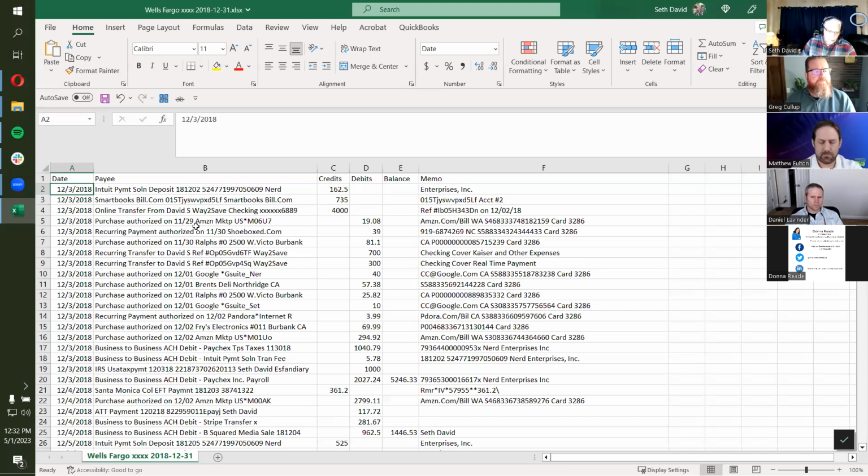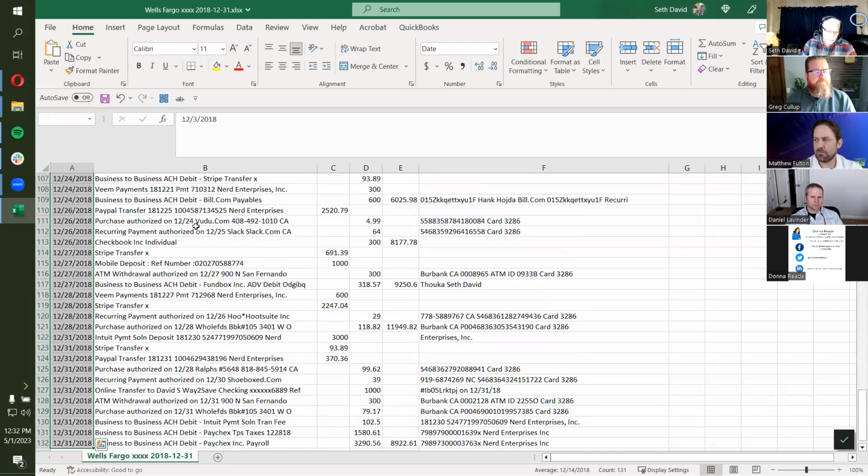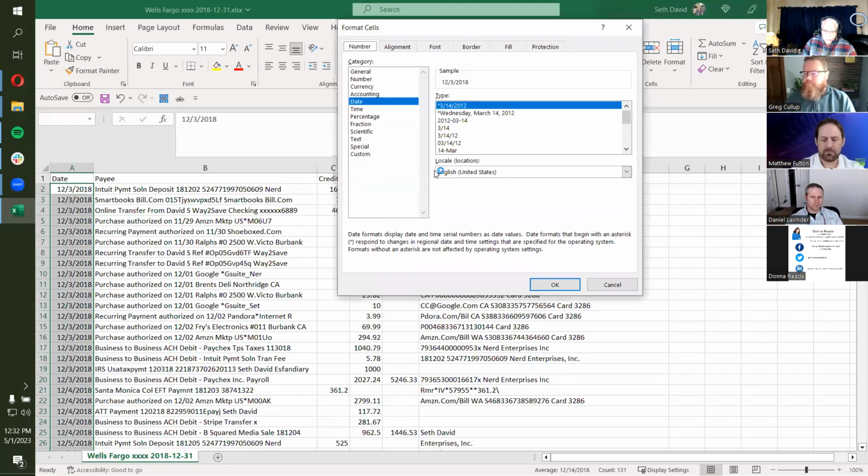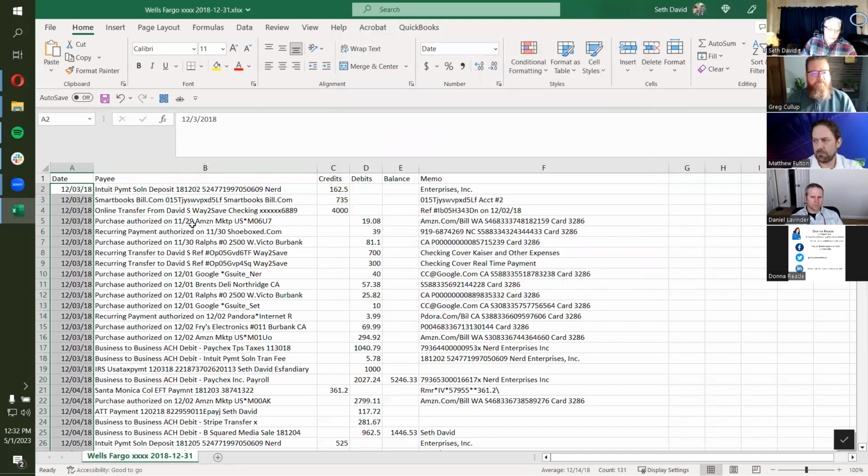So now I've got the bank statement here, and what I want to do is first format my dates, right? So Control Shift down arrow, Control and the number 1. And that brings up my format cells dialog. And since it recognizes the type of data that it's looking at, it goes straight to date. And this is my preferred option for formatting dates in anything financial, because this way everything lines up no matter what part of the year you're in, because everything is double digits across the board. So that's something I frequently do.